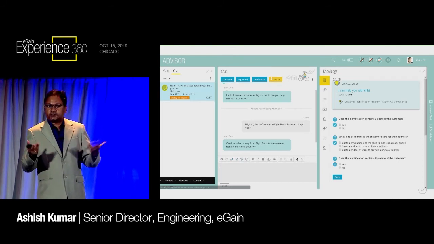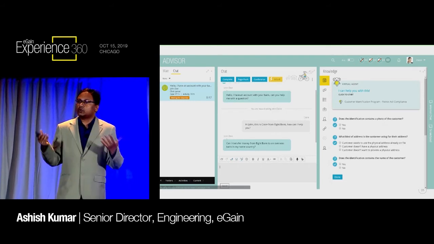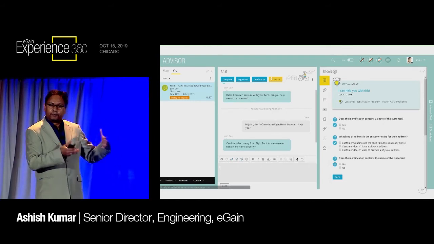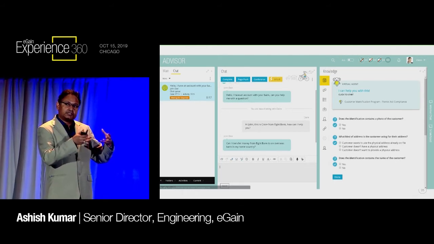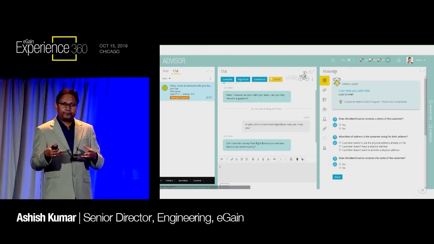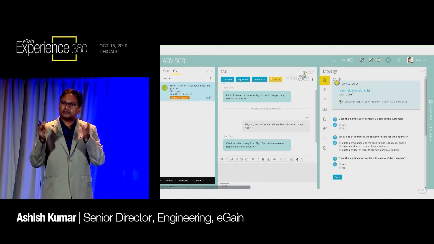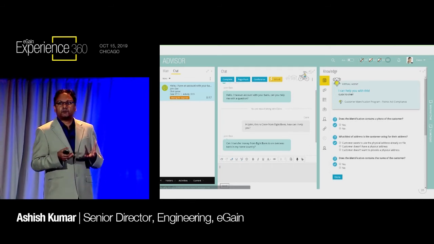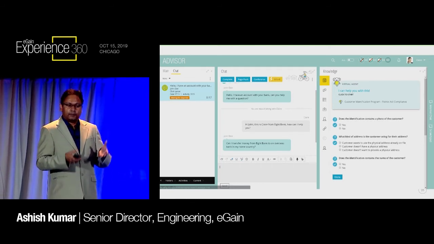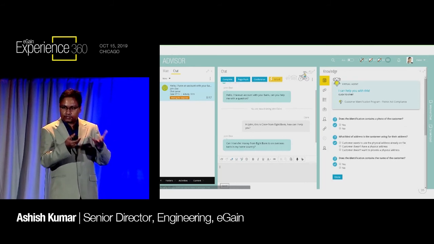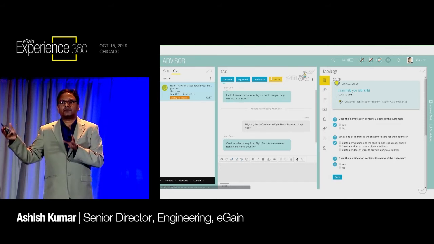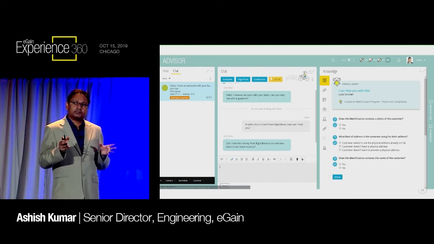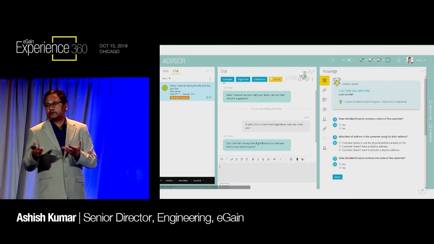So this is our intelligence that we have brought in, but you can bring in your own intelligence, because we are publishing all these messages. If you have a custom pane, you can listen to the chat messages as they are coming in and going out, connect to any other service, and provide feedback and suggestions back to the agent. But you'll need that custom pane in order to do that. Or you can do it using Duo on the third-party application as well. You'll receive the message, but what you do with it would be up to you.